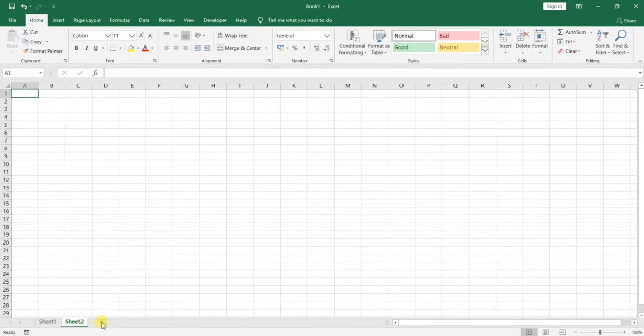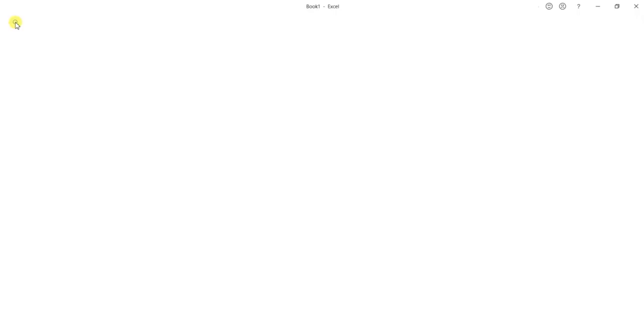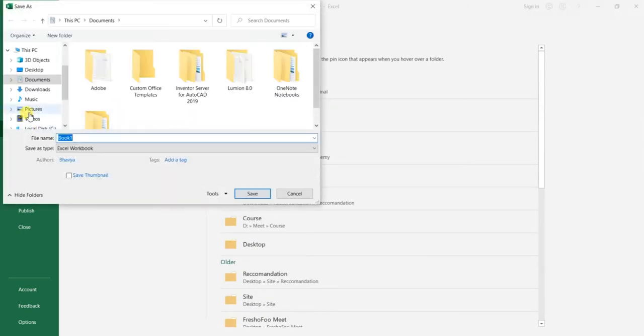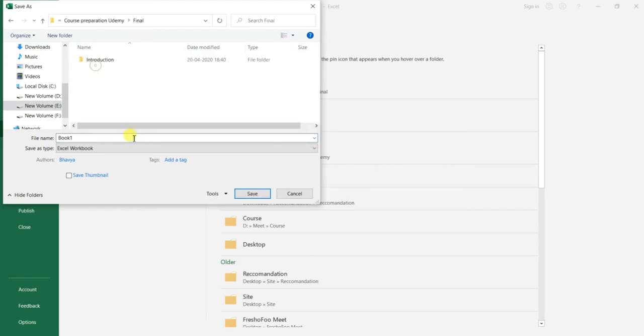So here it is sheet 1, sheet 2 and sheet 3. You can make n number of sheets, whatever you want. So this way you can create the sheet. Now you can see that this is Book 1, the default name assigned to the Excel. If you want to save this Excel, you can just go to File, Save, and wherever you want to save, you can go through that, and you can give the name as initial Excel.